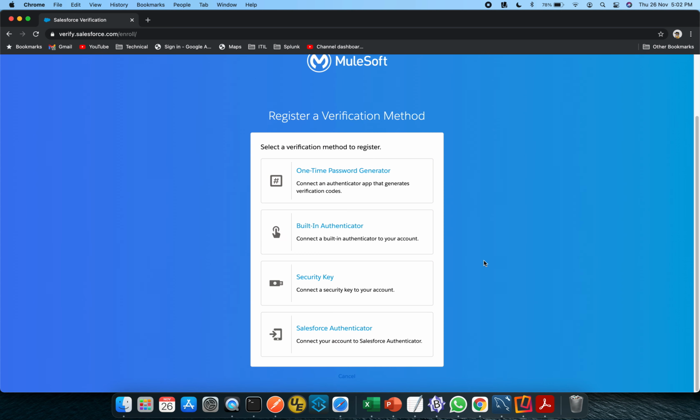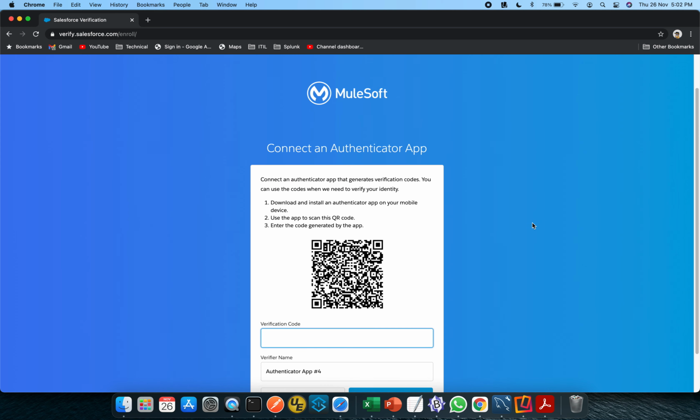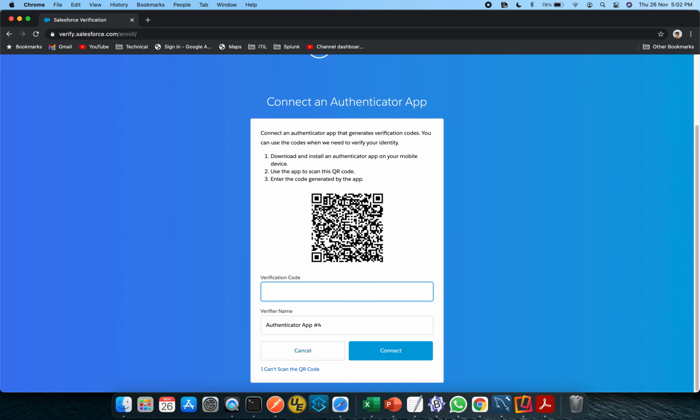So now it is showing me the different ways to log in. Okay, so again I will go with the one-time password. Give me a moment, guys.